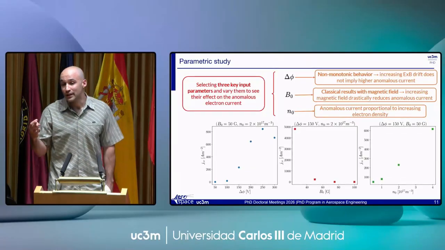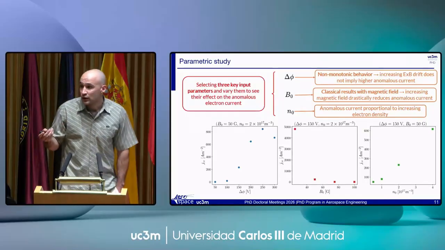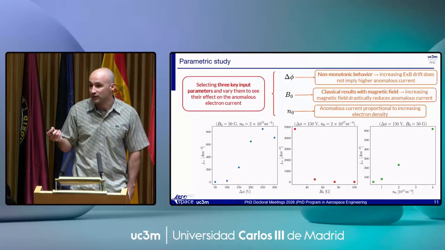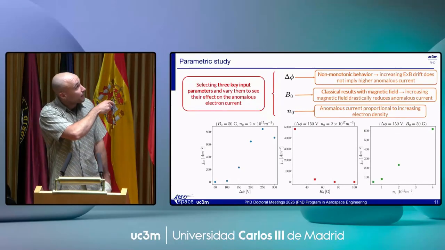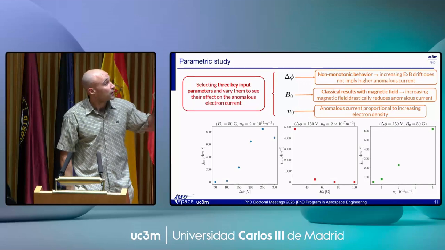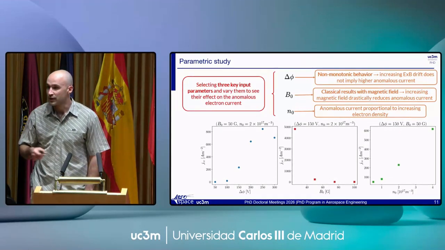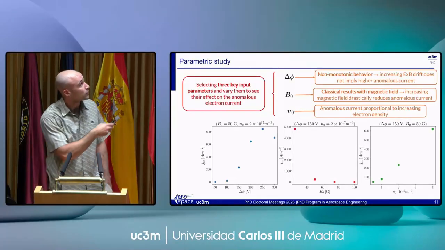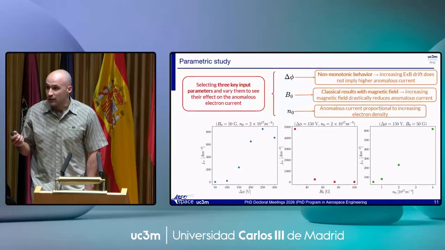When you look at the potential drop, what you see is that a higher potential drop will have a higher E cross B drift for electrons, but there's a point in the potential drop at which the anomalous electron current does not increase anymore. It starts to decrease from 250 onwards, which is quite interesting because it was something that I did